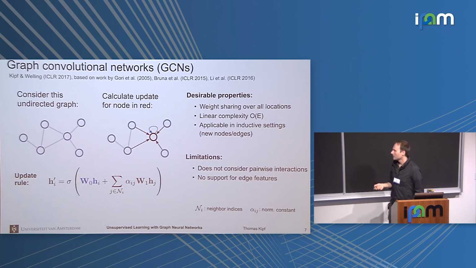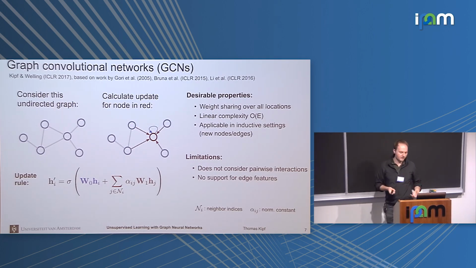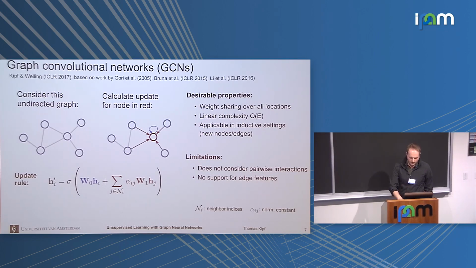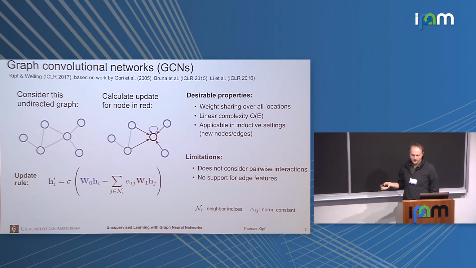Like if you had different feature representations for edges, like edge types or some richer information, this model would not directly support it. And then at the same time, what I forgot to say is you have this activation function here, and of course this can be anything. This can be like a pointwise activation function. It can also be an MLP itself, so you can basically flexibly choose what you put here.